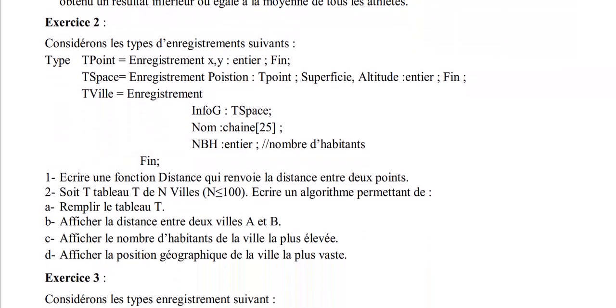So let me read again. I think that we have done the first question. Let me confirm to me if we have done the first question, but it's okay. We will explain this again. So the first question says, let me just read the exercise first. So the exercise says, considérons les types d'enregistrement suivants. So the exercise gives you 3 records. Let me just explain them one by one. Alors, le premier record is T-point. So T-point, I can